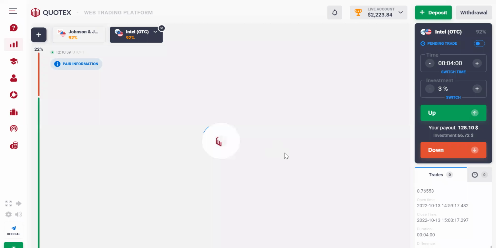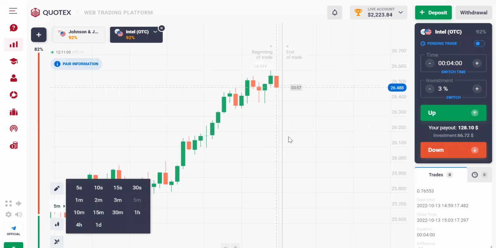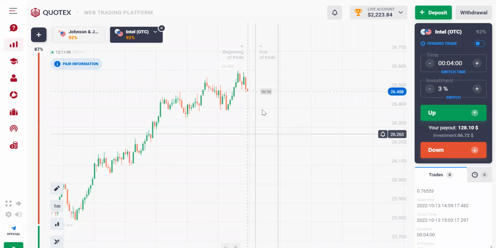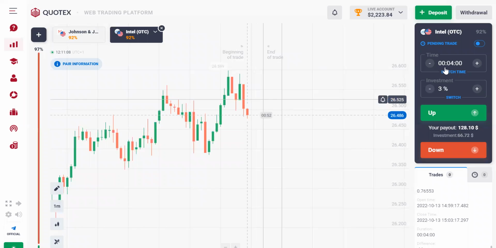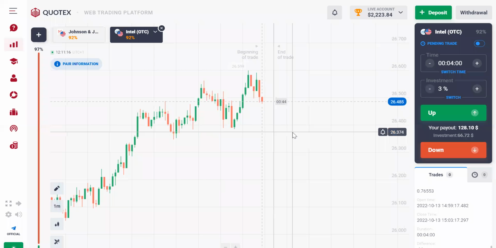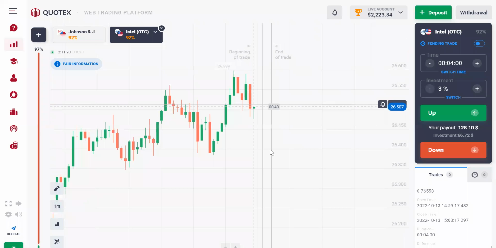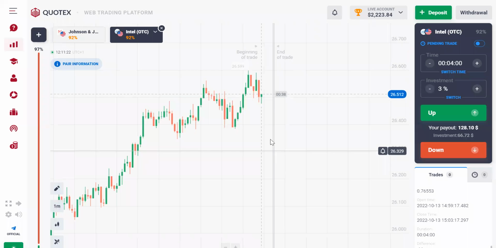Give me a second. I'm currently looking at this pair. I think the market might sell. If I see a good signal, I'm going to tell you to take it. I'm going to be using 4 minutes to trade, so you can join me while I take the trade. For 4 minutes, I'm using 3% of my account. You know your own risks, just risk small. I think we might get a signal here anytime soon.